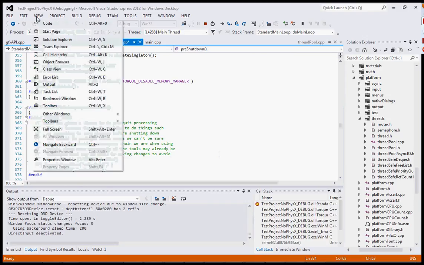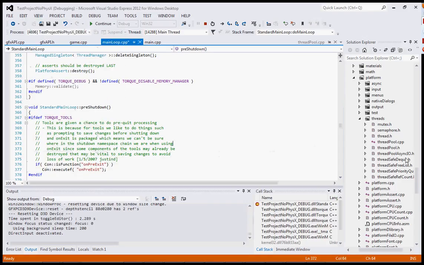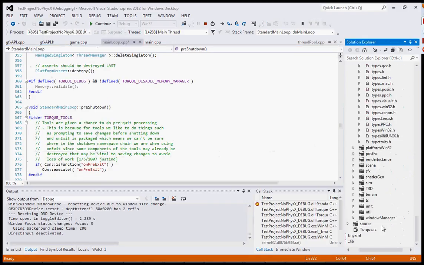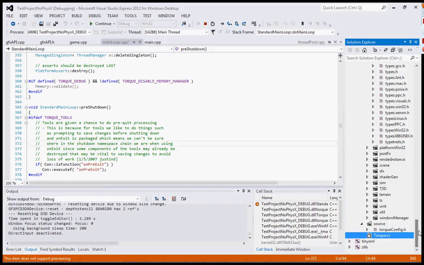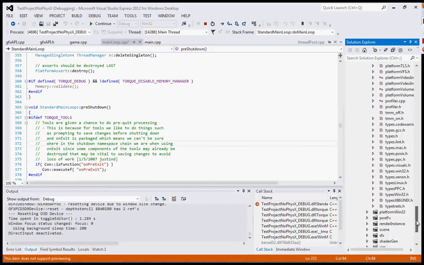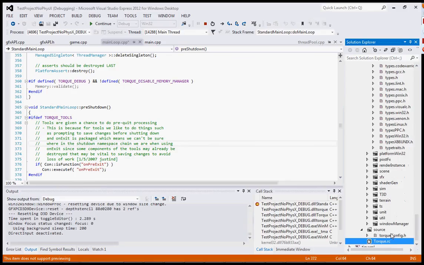Okay, I'm going to search. I want to find torque main. I think that's what it's called. It's just the entry point for the application, because I'm a little lost here. I'm sure you're probably lost too. Source